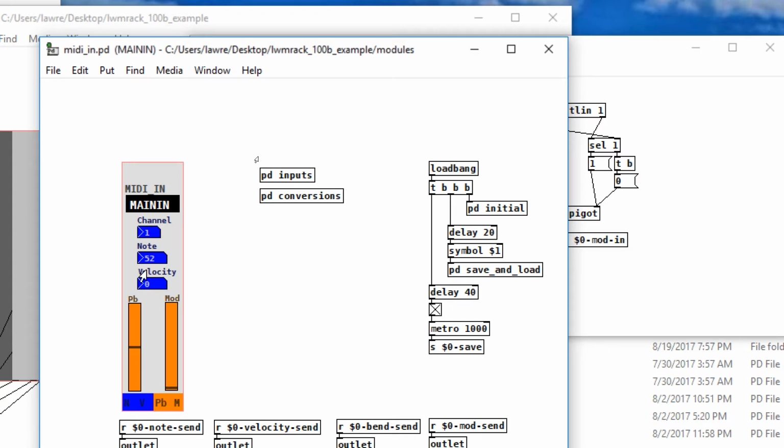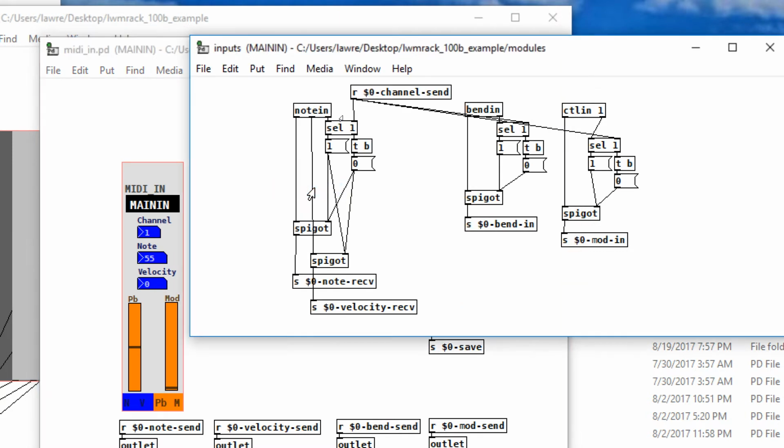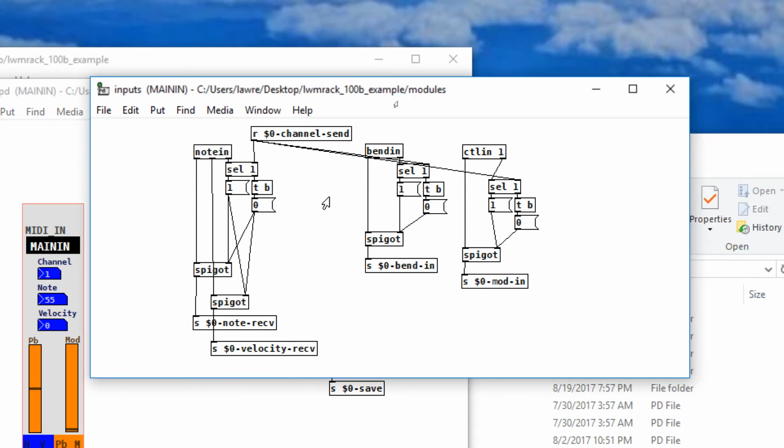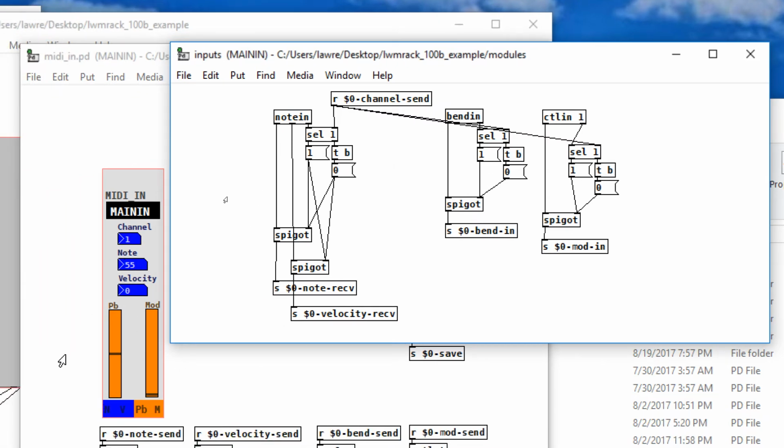There we go. Note and velocity then pass through. So that is basically like a valve that says, is this on the channel you selected? If not, forget it. Why do I have this? Well, let's say you open up 2 different